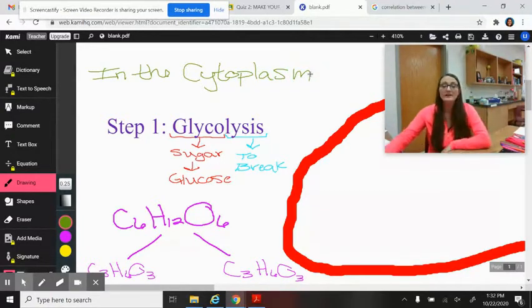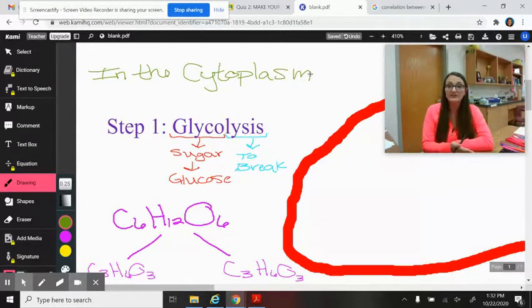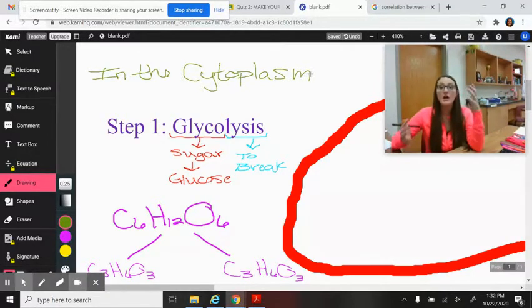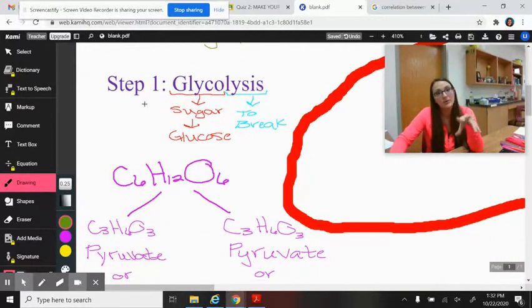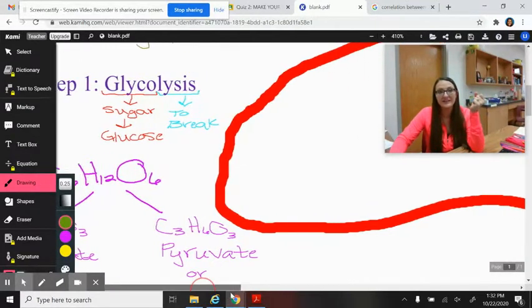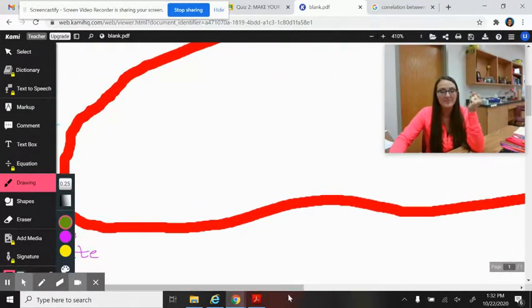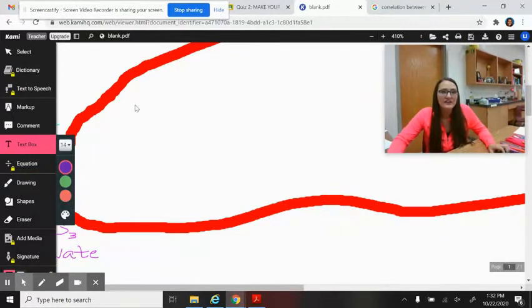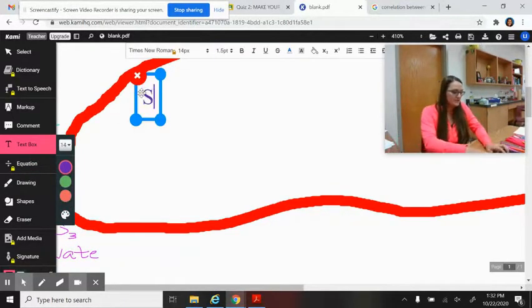And this, so glycolysis can happen in aerobic cellular respiration or anaerobic cellular respiration. And we'll get into the differences in a different video. But what we're talking about right now is aerobic cellular respiration. And so what happens in aerobic cellular respiration, which means when oxygen is present, is after step 1 here for glycolysis, you enter the mitochondria. So let's go ahead and jump over here. All right. So if you're looking right here, this is step 2,